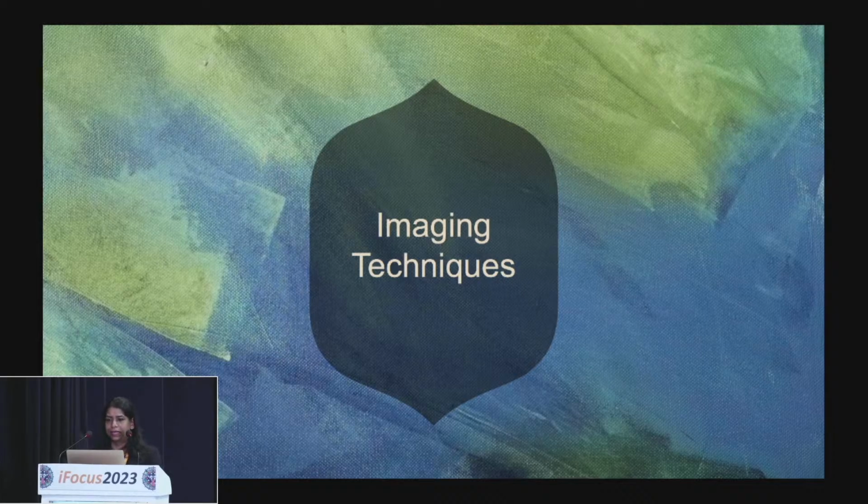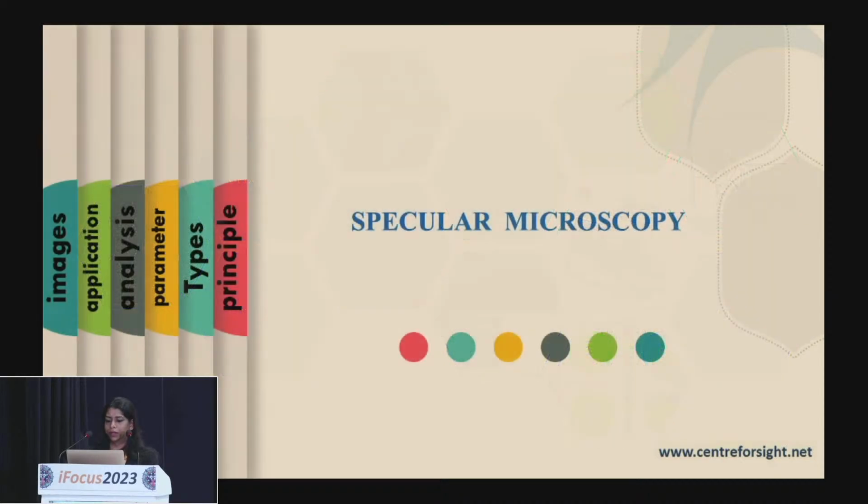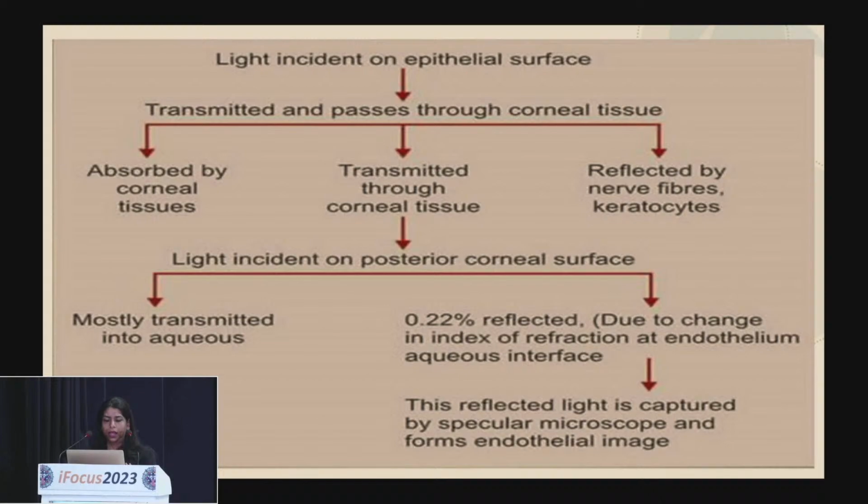And now the imaging technique which I want to cover here. There are many imaging techniques which we are using, but we are just going to cover specular here because that is available in all the medical colleges and you're doing it in your day-to-day practice. So the light incident on the epithelium, what happens in specular reflection? The light is incident on the epithelial surface, it is transmitted, passes through the cornea. 3 things will happen whenever the light passes through the cornea. Some part will be absorbed, some part will be transmitted through the cornea, and some part will be reflected back